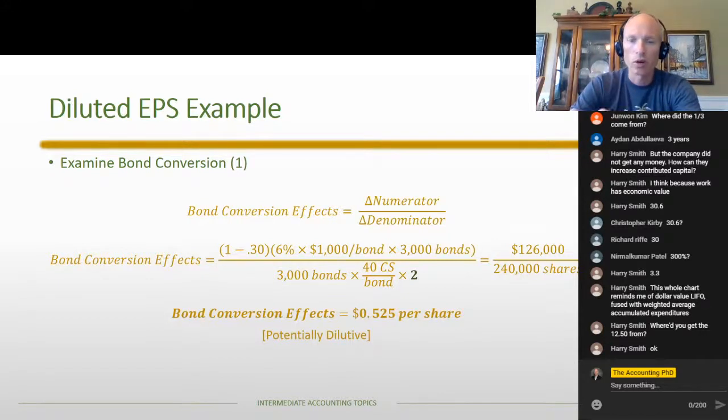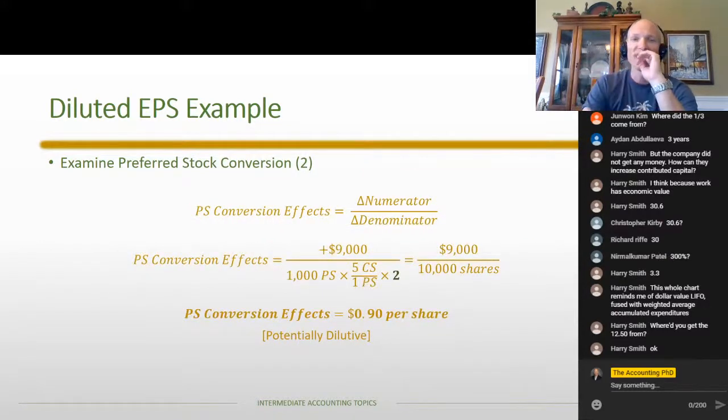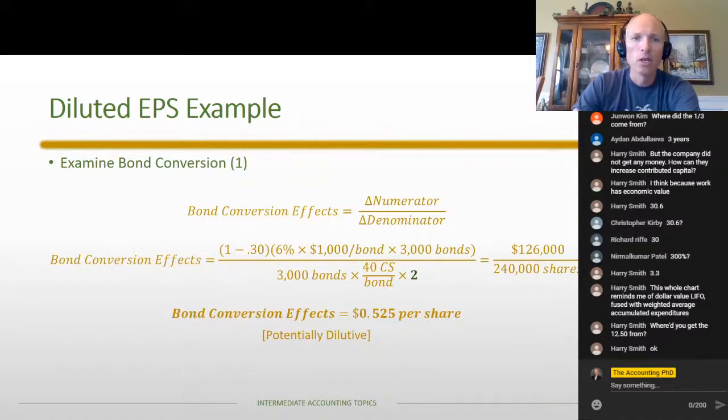It's very important to note, though, that interest expense is a pre-tax item, whereas net income, which is what we use for earnings per share, is an after-tax item. So what we really need in the numerator is the after-tax effect. Now with preferred stock, that's after net income, so it already is after tax, and there's no adjustment for the preferred stock conversion. But with the interest expense, it is pre-tax, and so we need to make an after-tax adjustment. The way you do an after-tax adjustment is in that first term in the numerator, the 1 minus 0.3. The tax rate is 30%, and so the after-tax effect of the interest expense is 60%, or 0.6. So 0.6 times the interest expense gives us